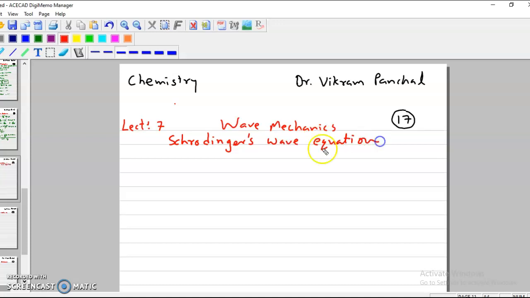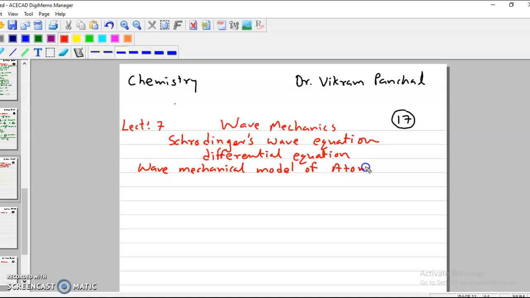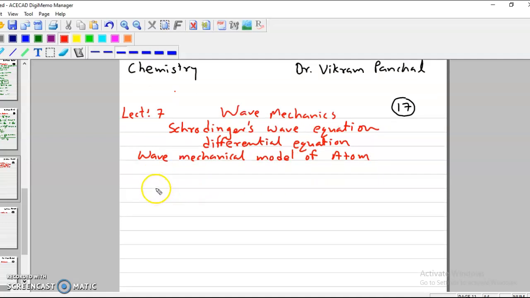It is also known as a differential equation. And with the help of this equation, we will discuss the wave mechanical model of atom. Well, the most famous equation is